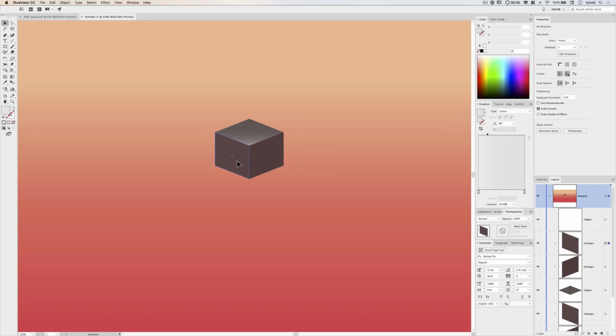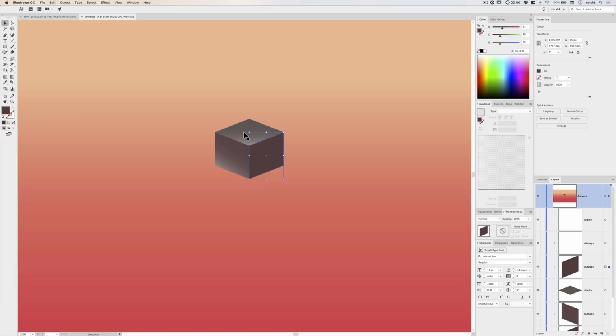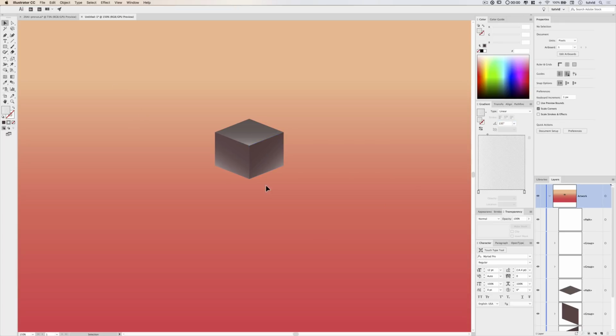And now what I'll do, I'll select the piece of the cube that's on the front left, and I'm just going to use my eyedropper tool. I'm going to sample that gradient off the top, and I'm just going to change the angle here to 55 degrees, just like that. And we'll do the same thing here for the front right side. We're going to sample that gradient from the top. This time, we're not going to set the angle to 55 degrees. We're going to go like 135, and there we go. So now we have these nice little highlights that we've added to our cube to just give the cube some